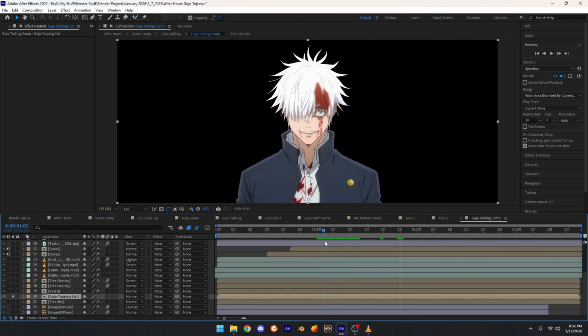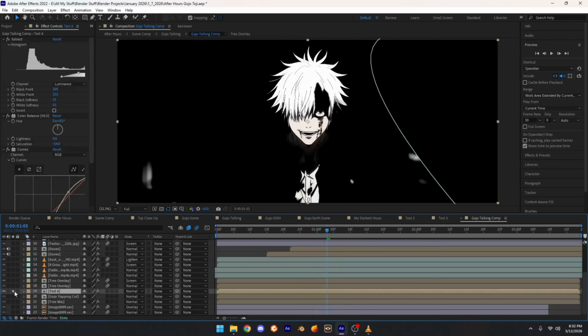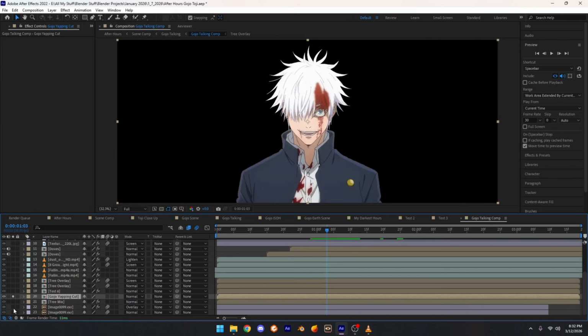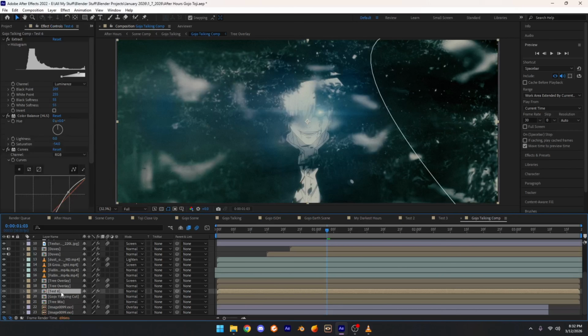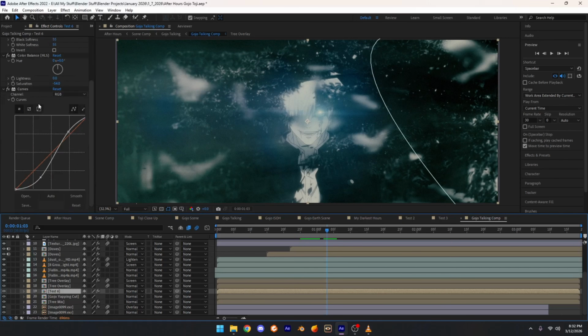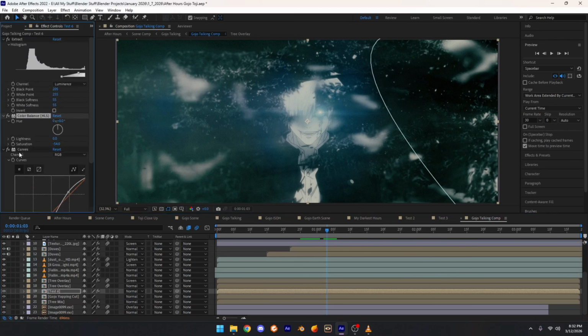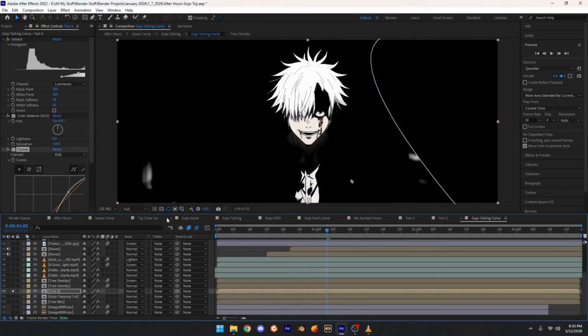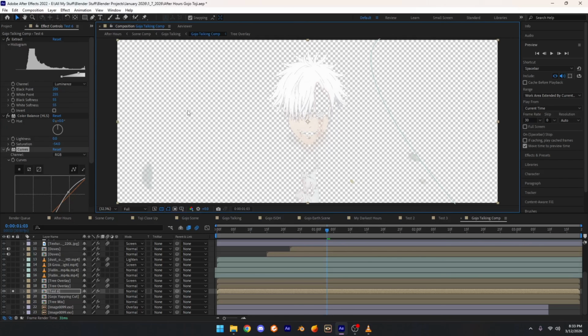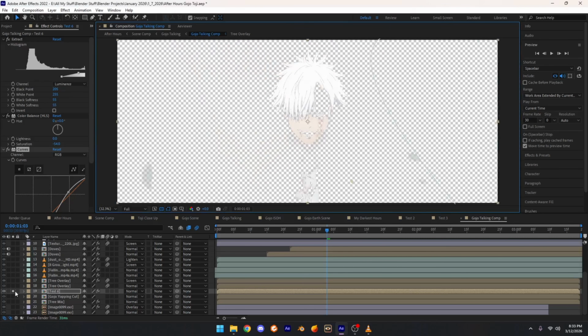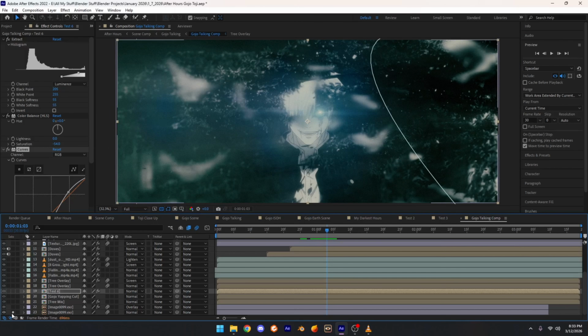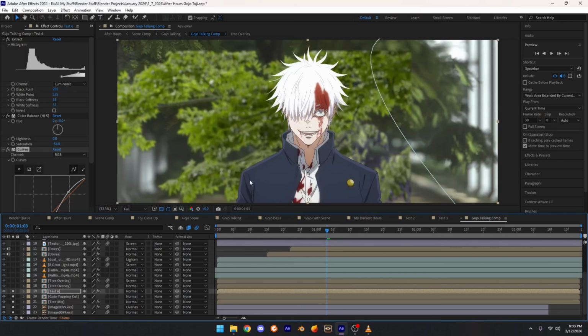I just rotoscoped him out, and then I did this thing where I combined the Gojo layer and the two backgrounds, pre-composed them, created a comp, and then did the extract, color balance, and the curves. Same thing as the last edit, so it gets rid of all the blacks in the clip, crushes all the blacks and only keeps the highlights of it. Because like I said, I still want that color. I want to have it to where you could still see some color in the edit